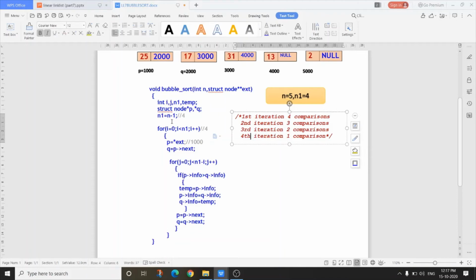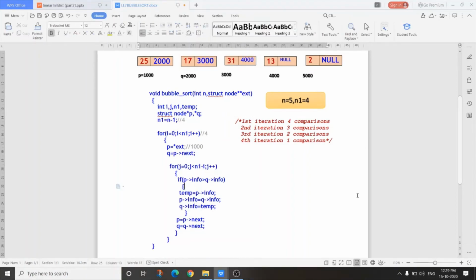When i equals 2, 2 times because of 2 comparisons, and when i equals 3, 1 time because of 1 comparison. So in the first iteration, 4 comparisons are needed, and the inner loop will execute 4 times.